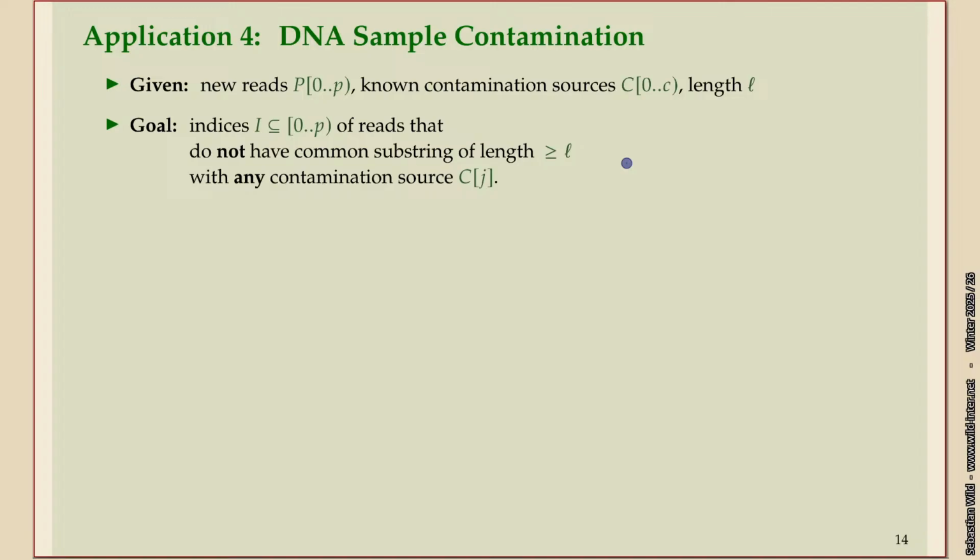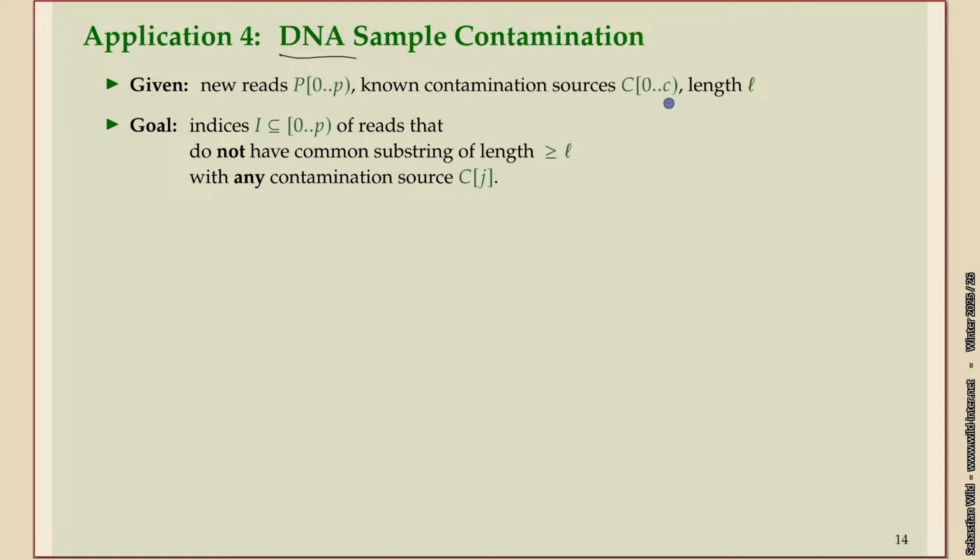So suppose we know some typical contamination sources. And now we check our new reads. In this case, it's formulated for DNA, not protein, but the principle for the abstraction is the same. So we have some reads. These come from some DNA sequencing run. And we have some known sources from a database of what typical, I don't know, in this case, maybe chicken